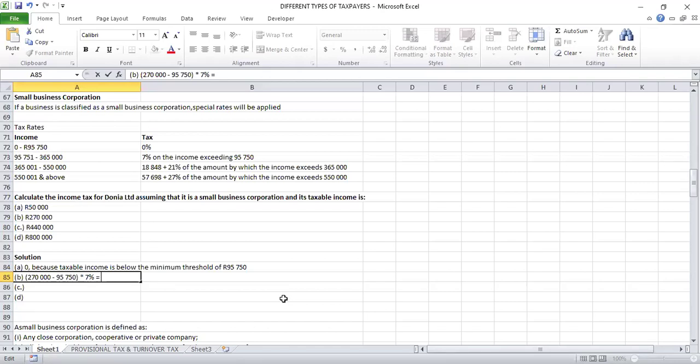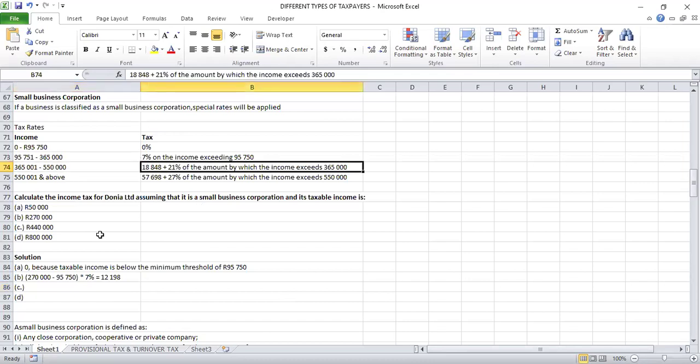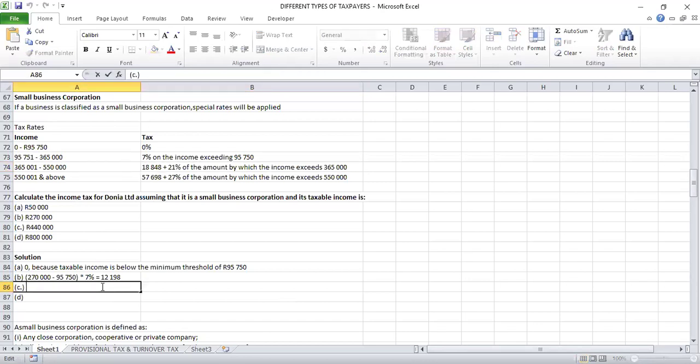What do we get? 12,197.5. So just round off to 198. Is that right? Okay. Then this one is 440. It will fall under this bracket here. So if it's 440, it will fall between the 365,000 and 550,000. So they'll pay a minimum of 18,848